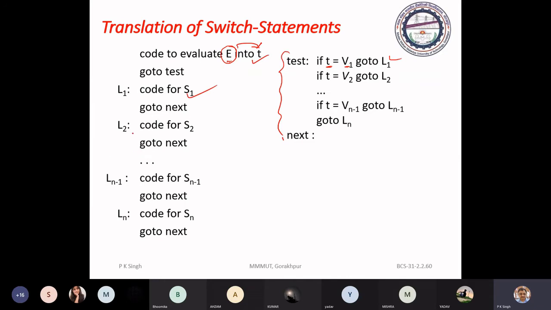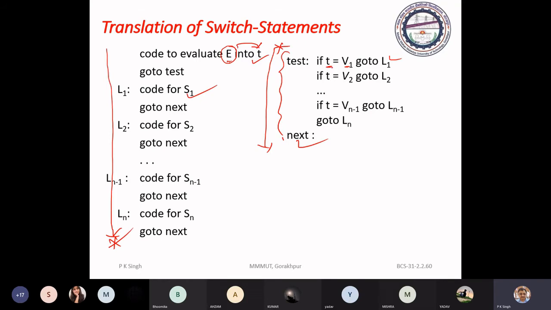And by a goto next, we will get out. This is the flow of the code.